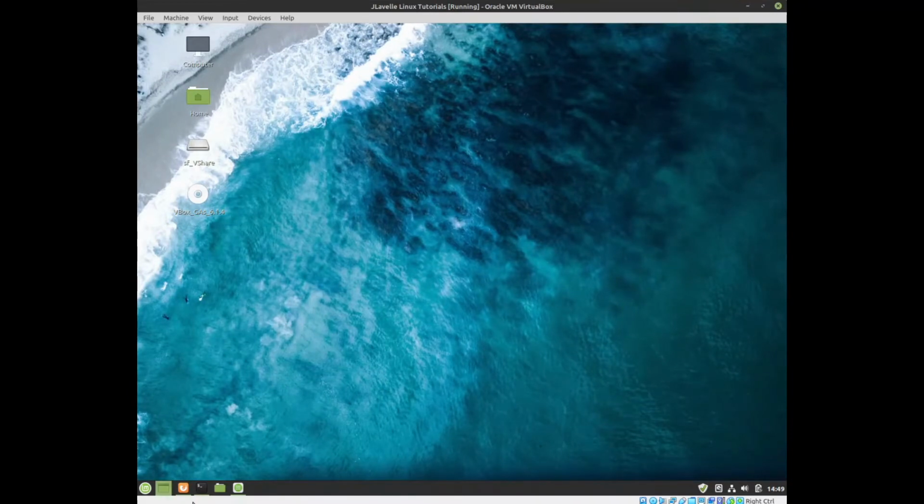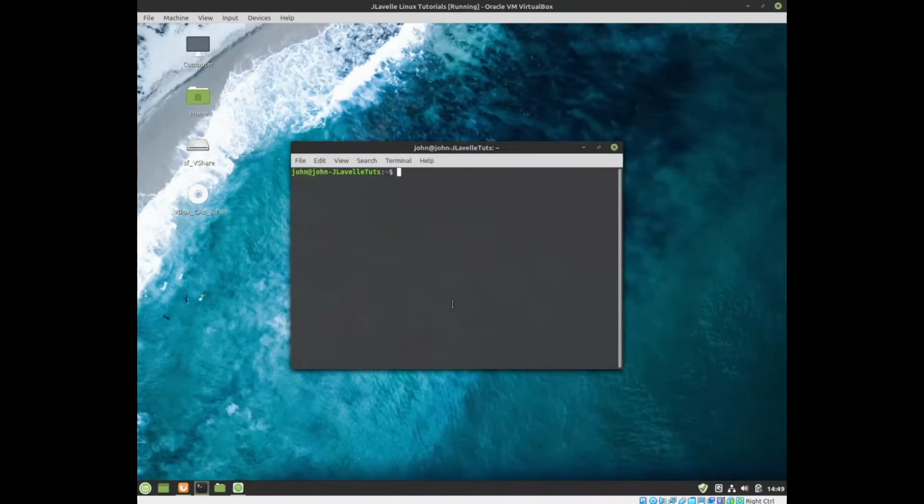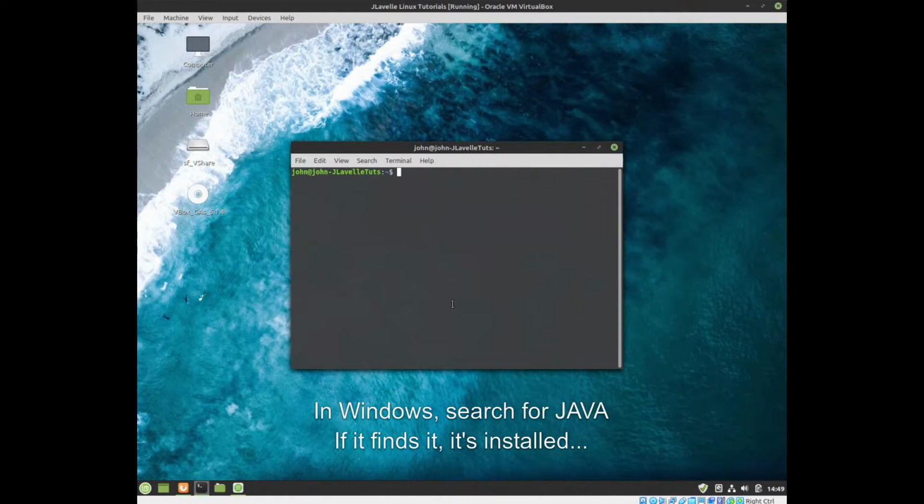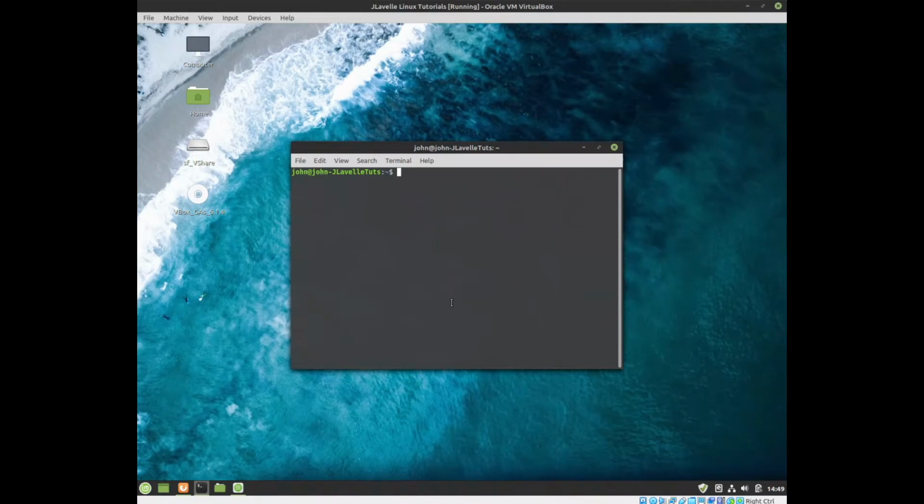Okay, right, the next thing you need to do is check whether or not you've got a JDK installed or a Java installed. Now, on Windows, you'll need to go into File Manager and search for Java. If it finds it, it will tell you whether it's installed or not. In Apple and in Linux, it's a bit easier because you can just open Terminal